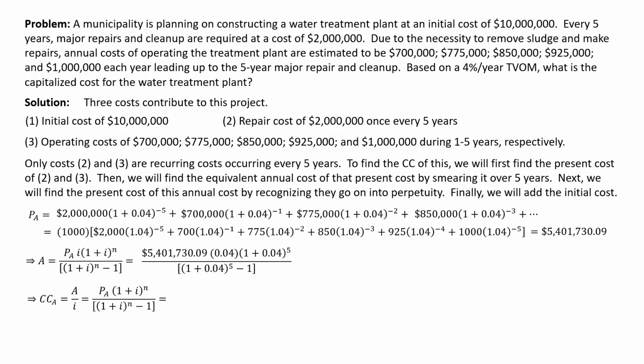I didn't figure out what that number is. Why in the world didn't I figure out how much that is? That is because I'm waiting, so that this capitalized cost of this uniform cost is A over i, right? Once you have this for an infinite period, every year all the way to infinity, then we can divide that by i in order to find the present value of it. And so we end up with P sub A times (1+i)^n over this thing. In the sense, this i cancels out. And that is going to be this. This I'm sure I figured out. And ladies and gentlemen, that turns out to be